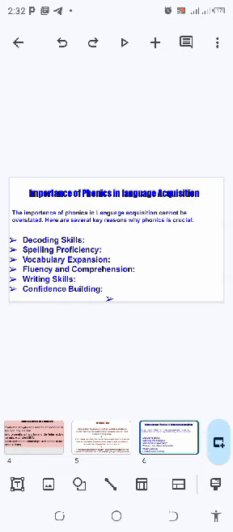You learn to pronounce these words correctly, not just learning the words, but how to pronounce them. Then you learn fluency and comprehension, the ability to read and understand, then to read fluently without making grammatical or mechanical errors because you have learned to pronounce correctly. Your speaking skills are being upgraded while trying to